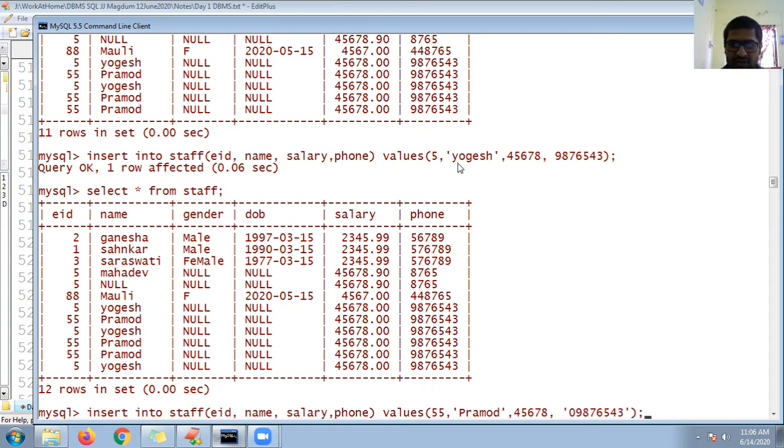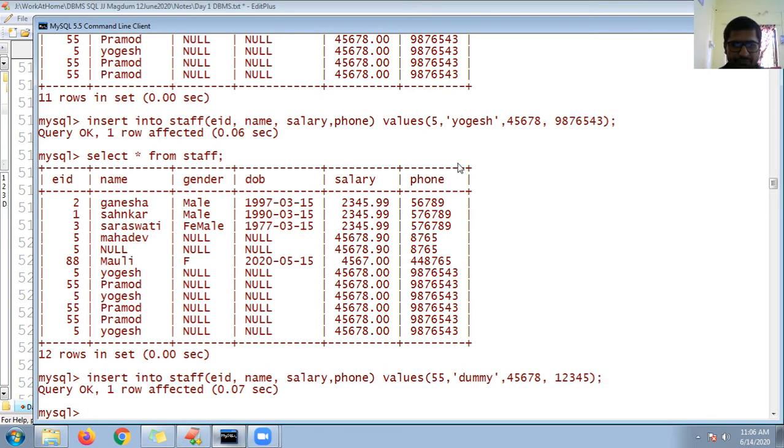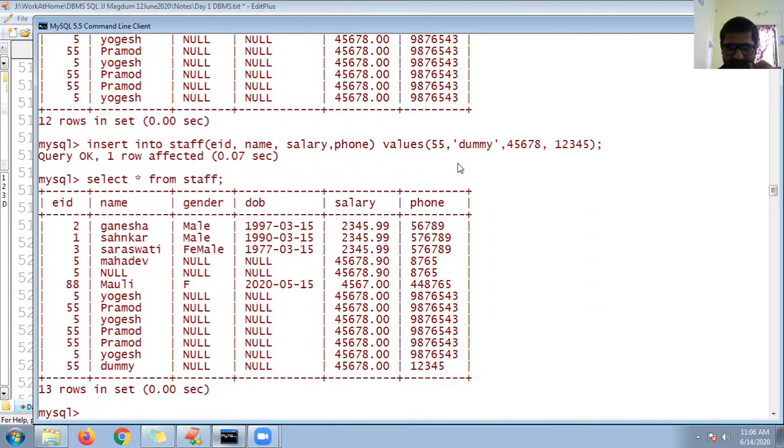If you don't get the field, I will add dummy values here, instead of 5, 55, and here I'll put dummy, and some different values. Select. Now 55 dummy 1, 2, 3, 4, 5.